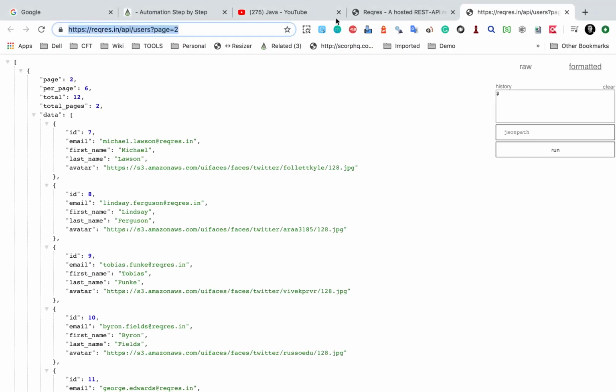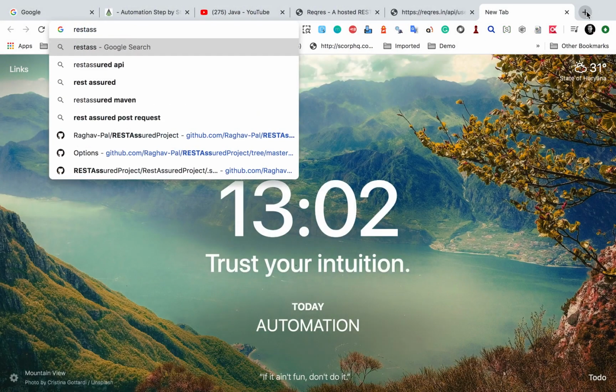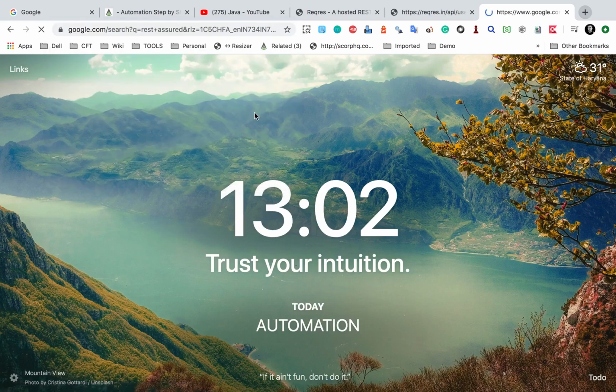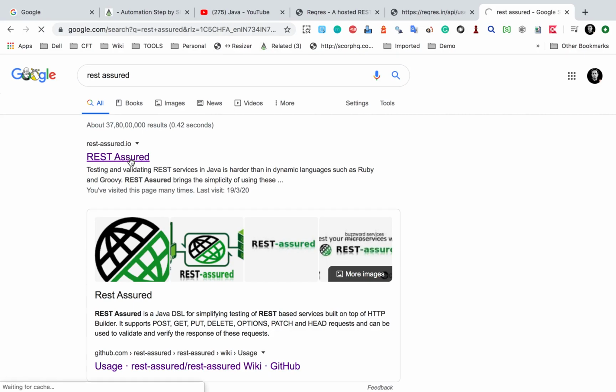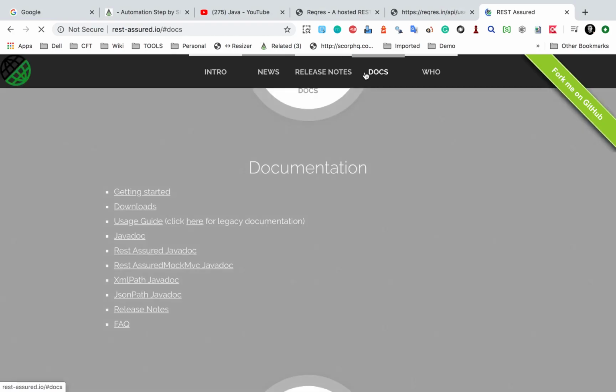Now if you go to the REST Assured website, let me just go to Google and go to the website of REST Assured. I will show you some examples that are given on the official website. So this is rest-assured.io, which is the official website of REST Assured, and here if I go to the docs and if I go to the getting started documentation,